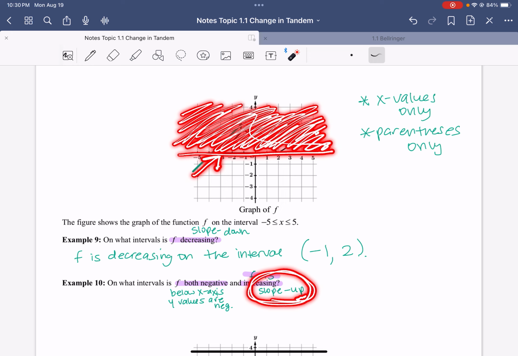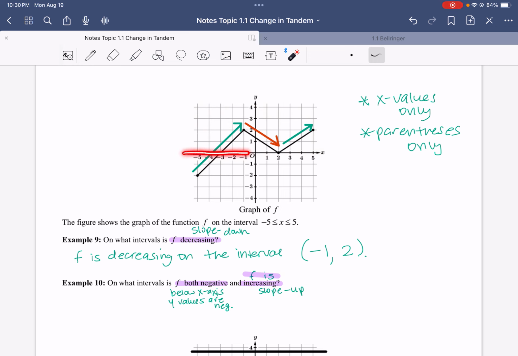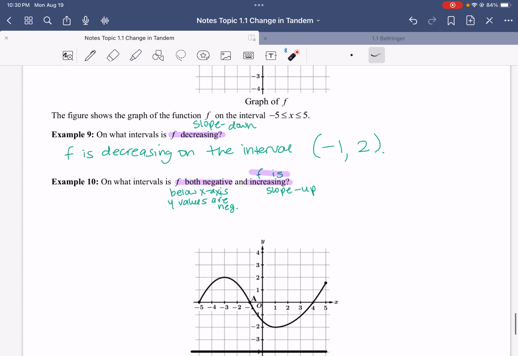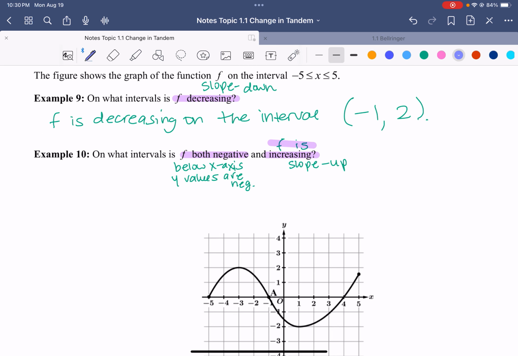So this interval, so remember it's only up to here, is from -5 to -3. So to write my answer, I'm going to say f is both negative and increasing on the interval